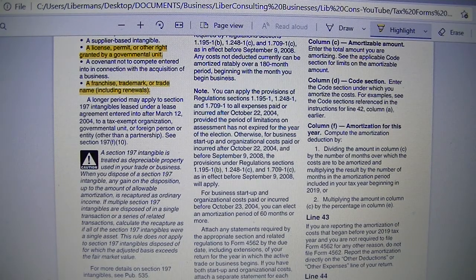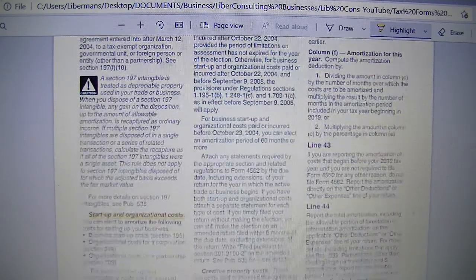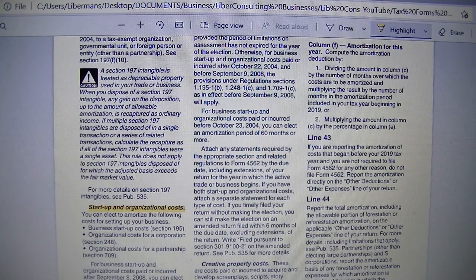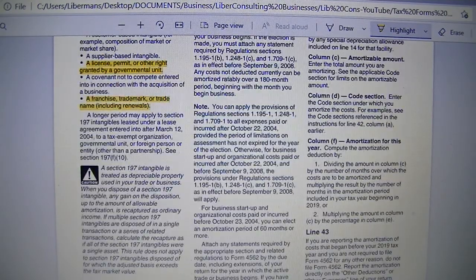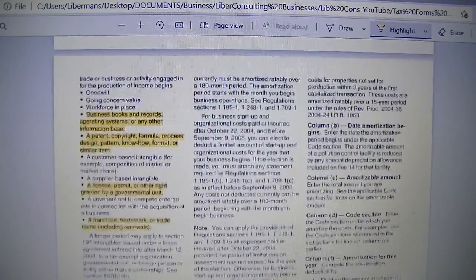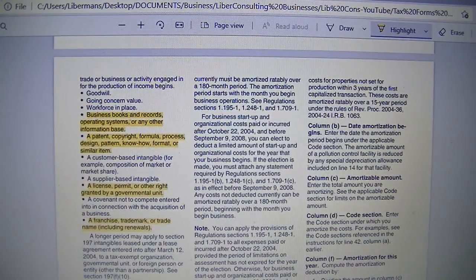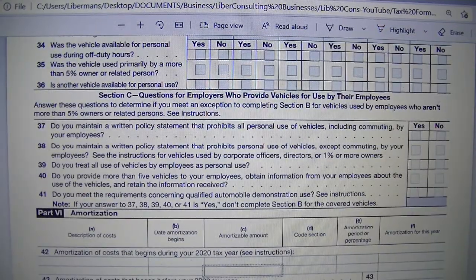So you can read more yourself to see what intangible property you need to amortize and the options you have available to do so. And that's how you pretty much complete Form 4562, depreciation and amortization. We covered the form,